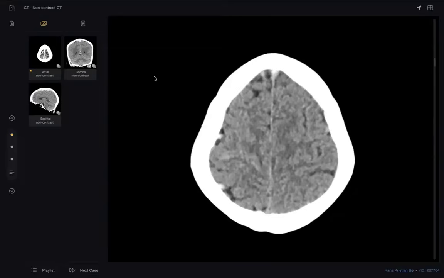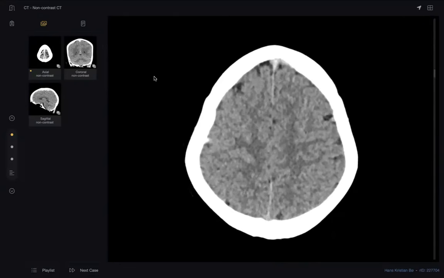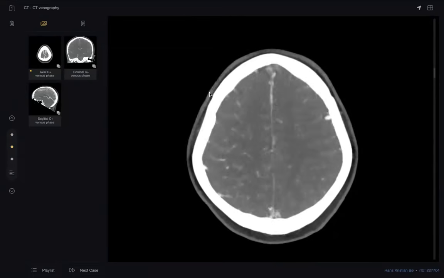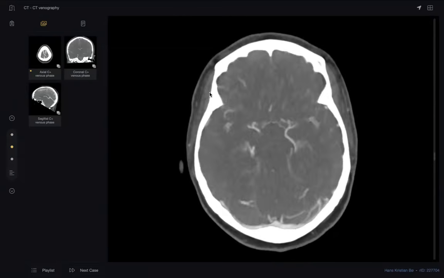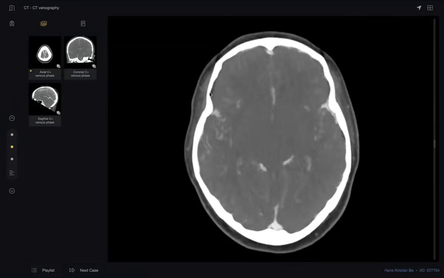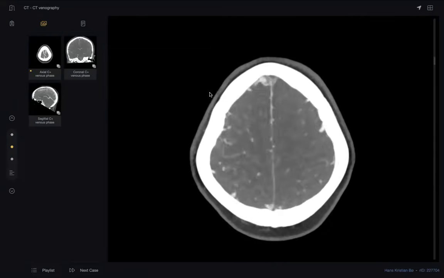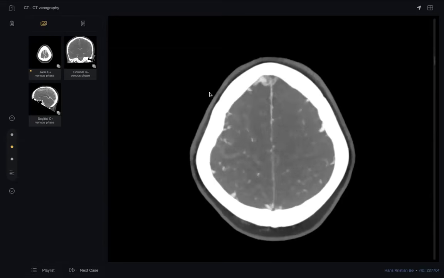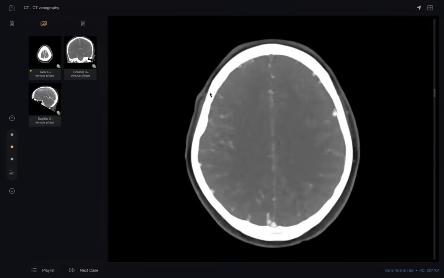In my routine practice, I will see if the patient is still within the department. I will go further to do CTV, and if available, I will go for MRV to assess the venous system of the brain and to assess for any thrombosis. This is the post contrast images. I think this is a CT angio for the same patient, or the venous phase,